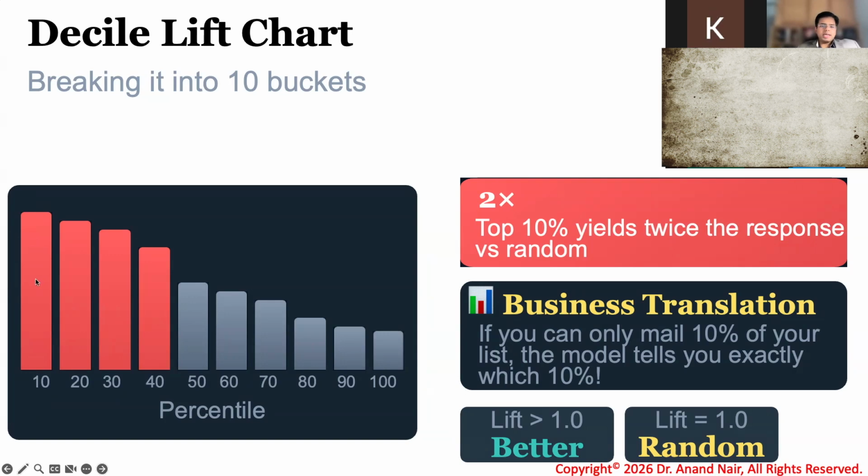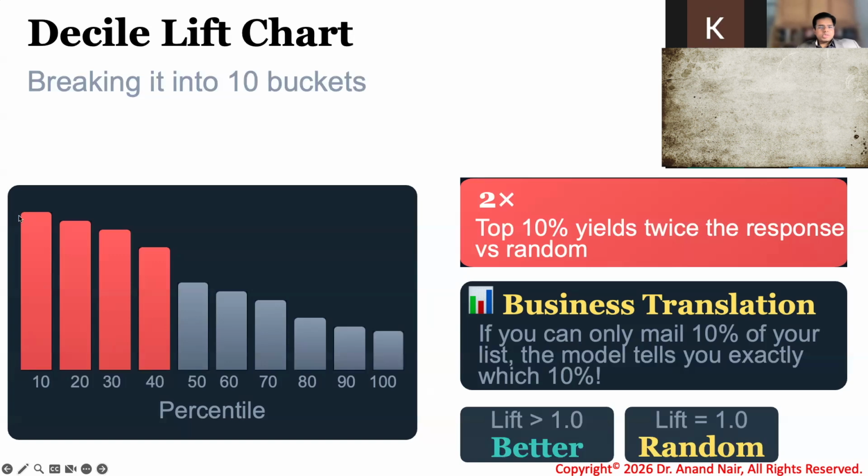So this one, unlike the previous one where you have a diagonal and you're trying to see the spread between the diagonal and your curve, here we want to see how much more impact I can have if I use a model that I've created and look at the decile chart to see what the top 10th percentile, chosen based on the model, gives us compared to if I had chosen at random. So if I look at this first bar here,